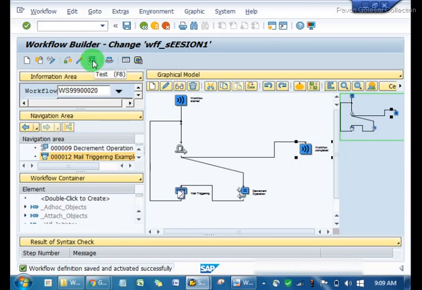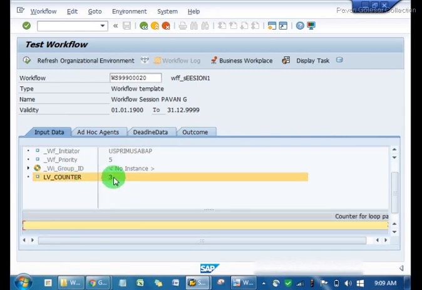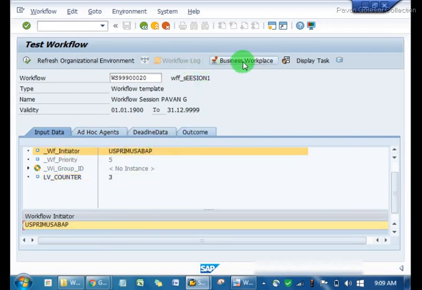Now moving forward, we are going to test it. While testing it, as you can see, the variable value is shown over here, 3. Initial value हमने सेट किया है 3. Workflow initiator है, and we have this business workplace. Again, the T-code is SWBW. So you can go from here, or you can click over here. Same. Utilize this. And again, as mentioned, वो एक टिक मार्क था, स्टेप नॉट टू बी डिस्प्लेड इन वर्कफ्लो लॉग,